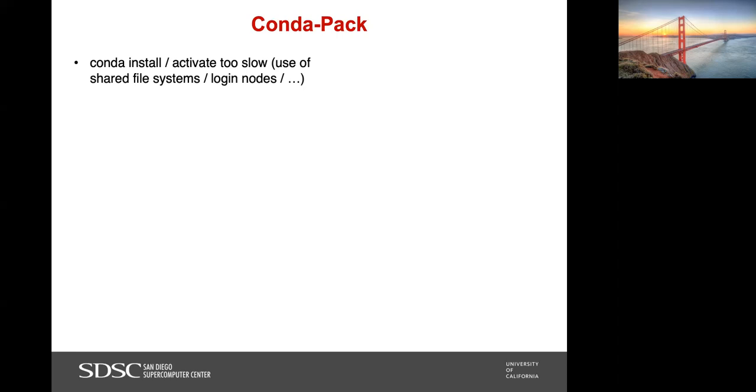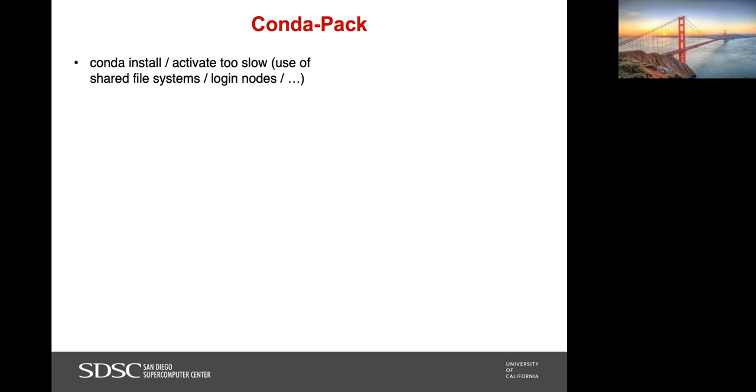And there is no single place that you can point to saying that this is the reason why it is slow. It could be various reasons. It could be the shared file system, it could be the login nodes, or it could be some user running something